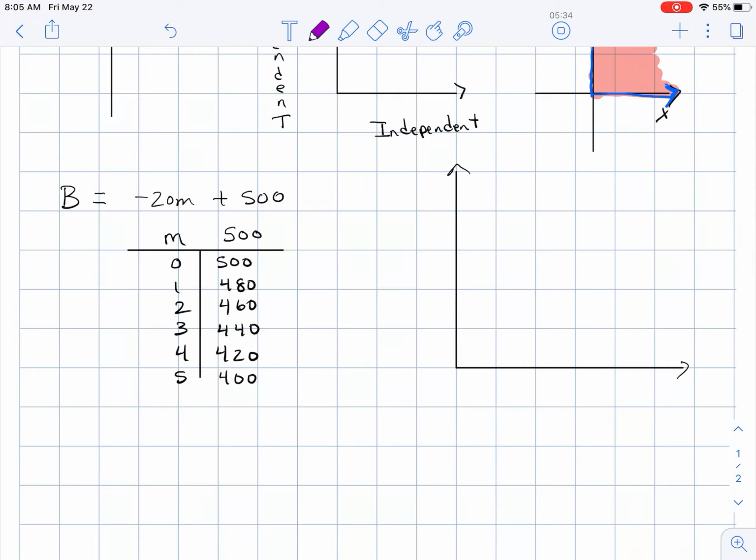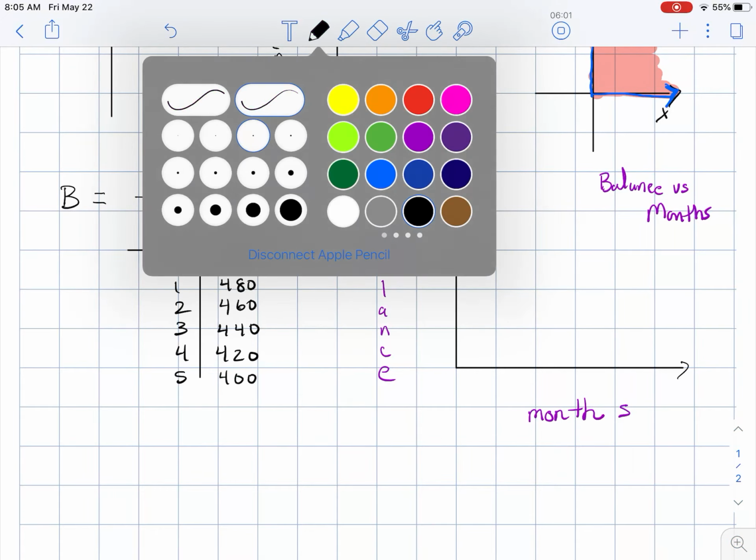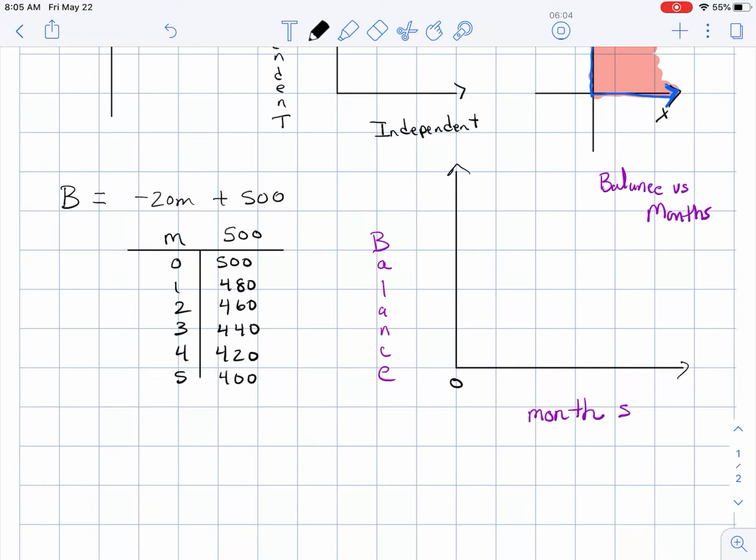Okay, now let's look at that negative one. So now we know independent goes on the horizontal, so that would be months. And then we use B for balance, my bank balance. So there, and then my title would be balance versus months. Okay, so let's go, my scale, 0. This one's going up by ones, so we can keep going up by ones. Again, because we know it's linear,